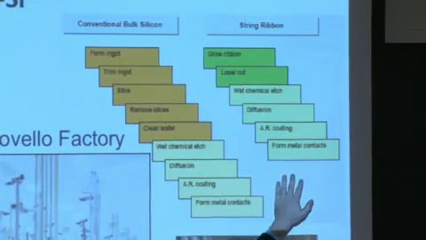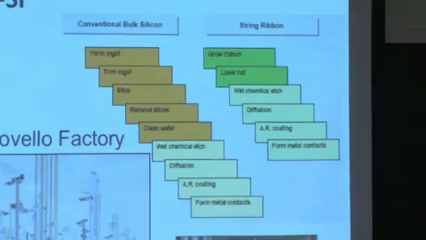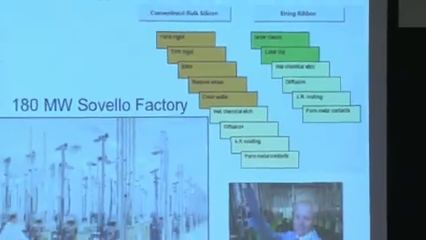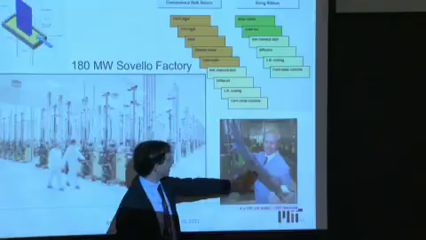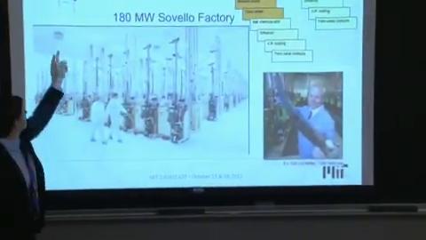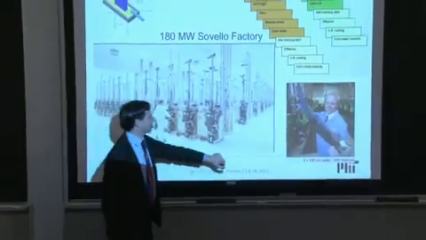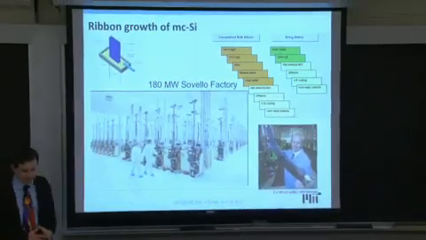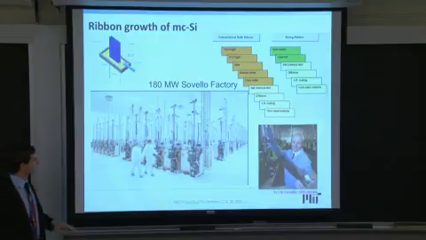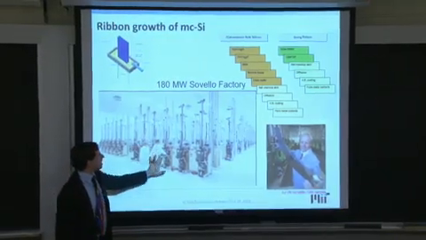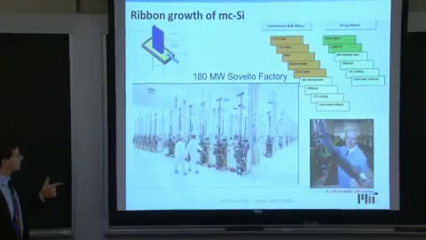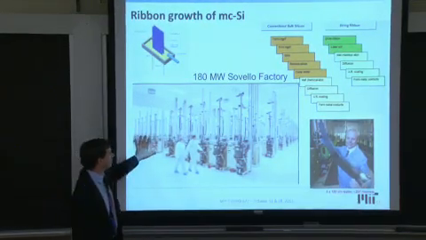And the string ribbon process here being much simplified in correspondence. So not only was the process simpler, but you'd use about half as much silicon. And here's Rick Wallace, the inventor and developer of the Gemini process up there, showing one of these longer meter-length ribbons with some flexibility. So the company had a joint venture with REC and Q-Cells, Norwegian and German company, respectively,